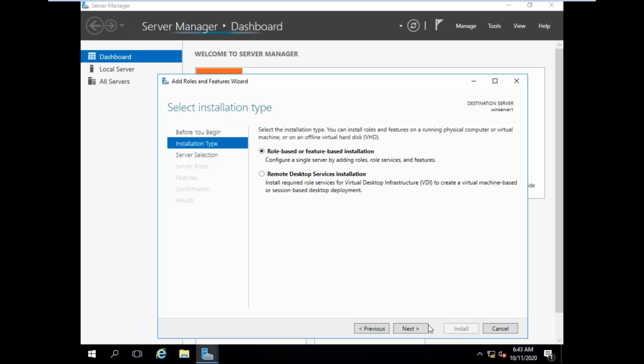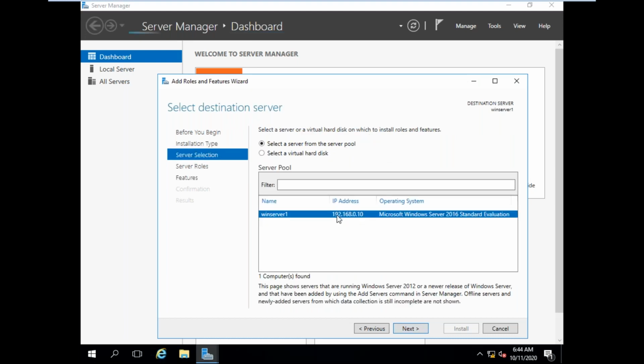Select role-based or feature-based installation. Next. See, now 192.168.0.10, Win Server 1. Click next.